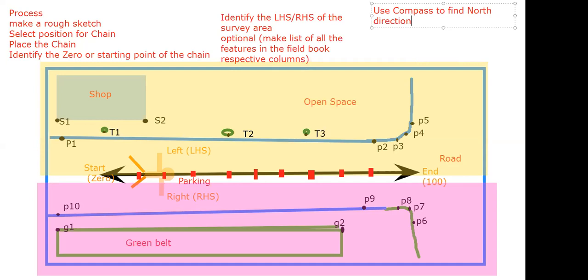The red needle points towards north, and we have to rotate it until the yellow marking comes exactly above the arrow. The red arrow will be pointing towards north. Sometimes the arrow is not red color, or sometimes it will have a big arrow head on it. So use compass to find north direction, then